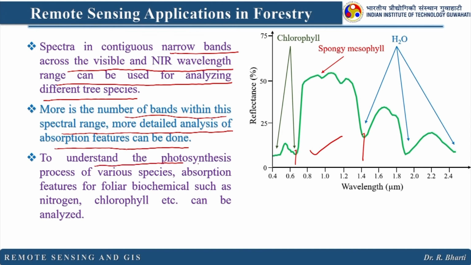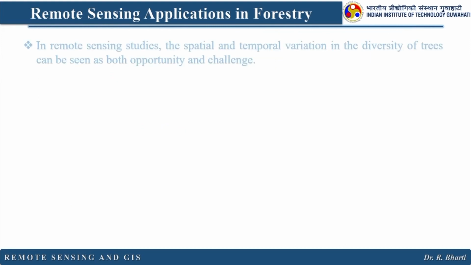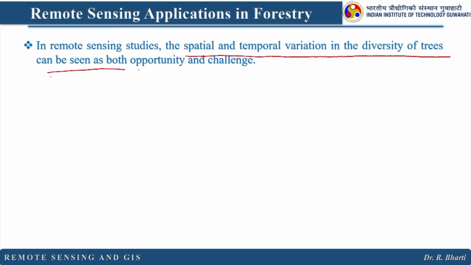To understand the photosynthesis process of various species, absorption features for foliar biochemicals such as nitrogen, chlorophyll, etc. can be analyzed. You can see this here. These absorption features are basically for H2O, this is for spongy mesophyll, this is for chlorophyll 2. So you can develop a methodology where you can utilize this particular knowledge and you can come up with a very informative output. In remote sensing studies, the spatial and temporal variation in diversities of trees can be seen as both